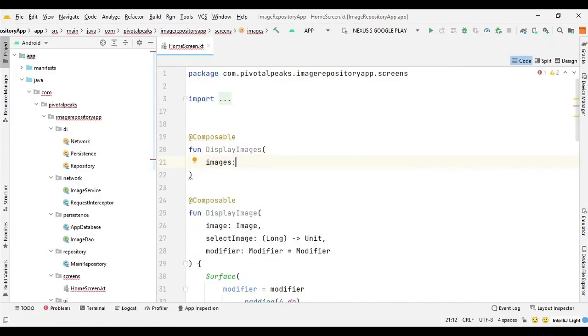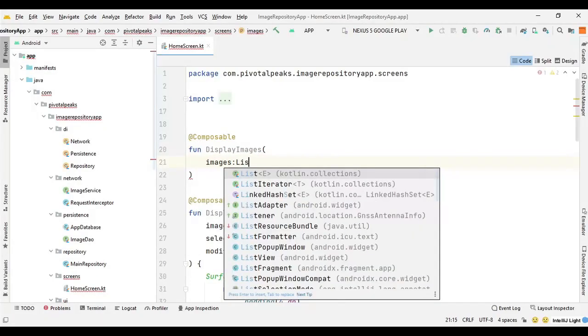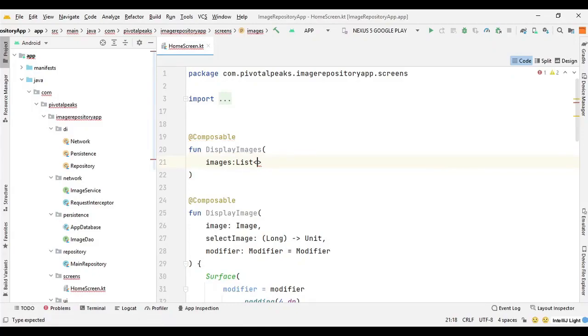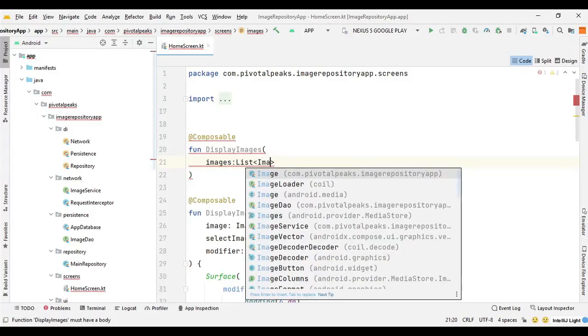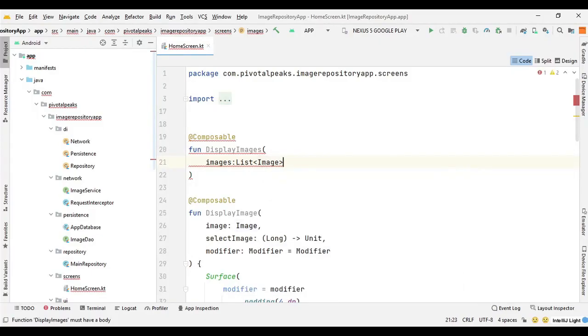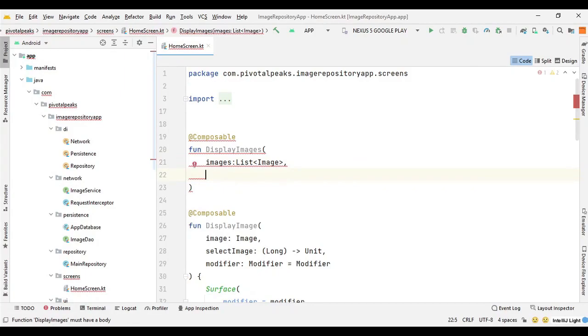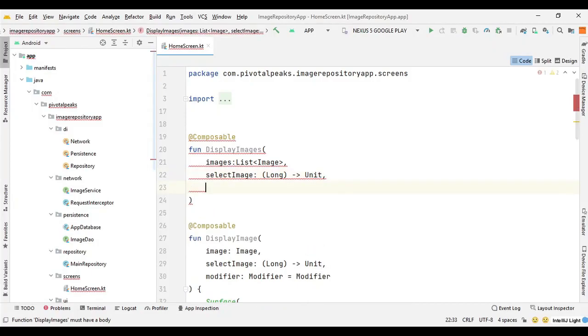So instead of just image, we can say list, and then we can provide the image data class here. Yeah. After that, we need the function to select the image. It can remain the same as display image. And then we need the modifier. So we can say modifier, and then we can initialize with the modifier.